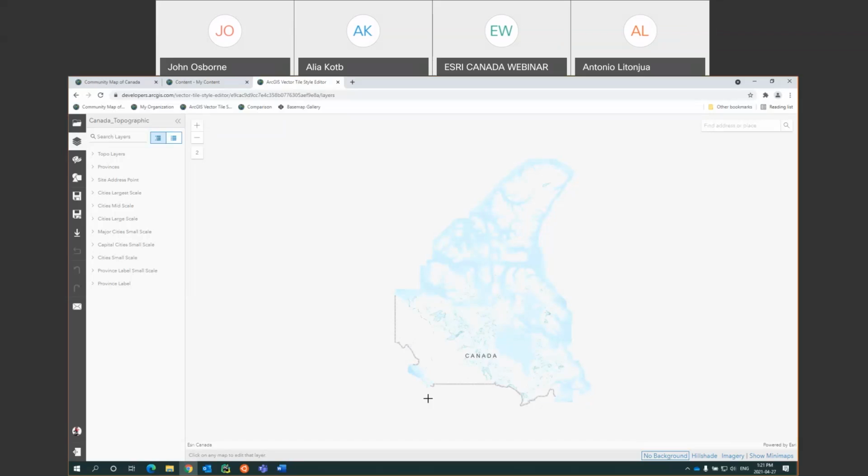Now, whether you can see the layers or not, what I want to do is make some changes to make that base map a little brighter. I'm going to make it a brighter yellow. I'm going to make it so that the water doesn't look as washed out, because I want it to stand out with the